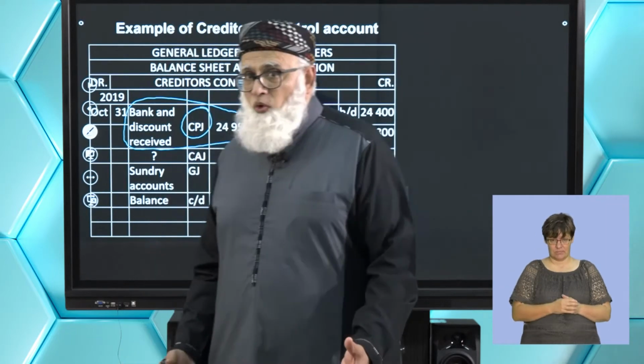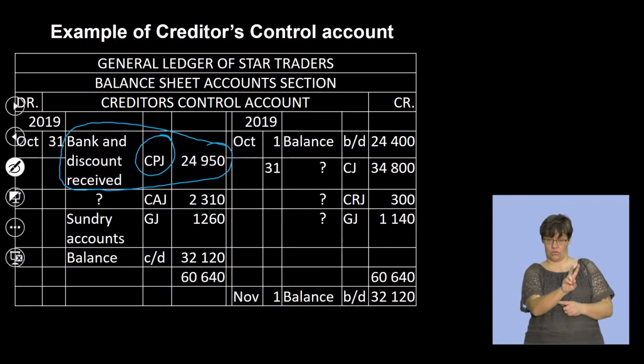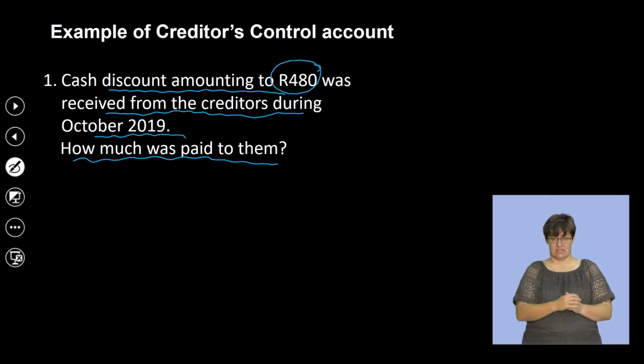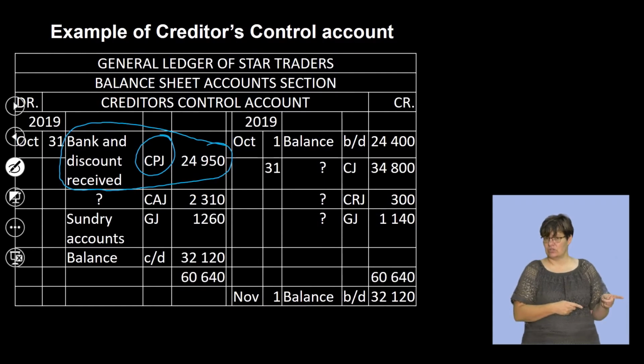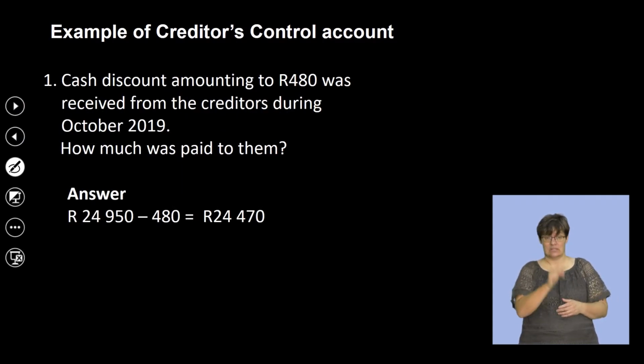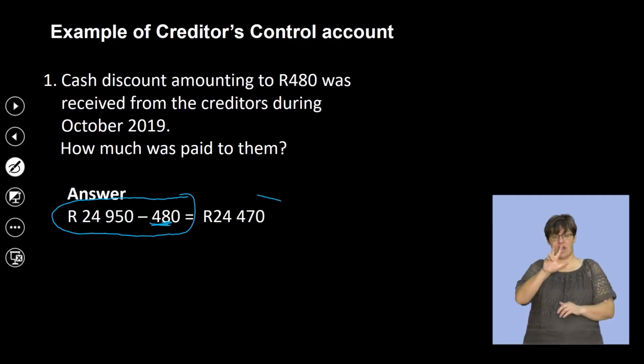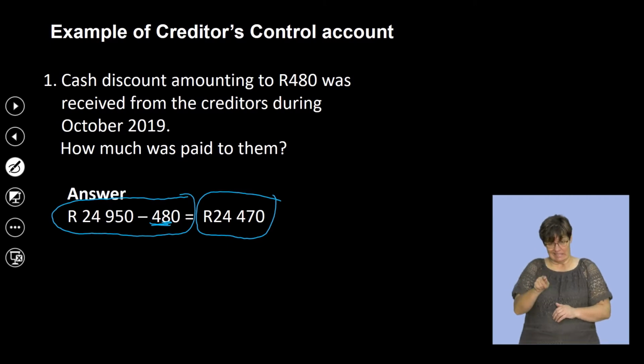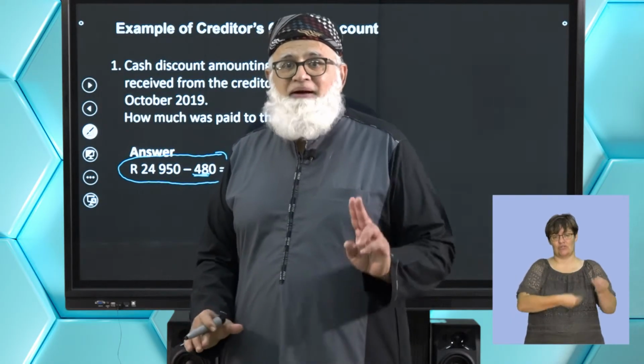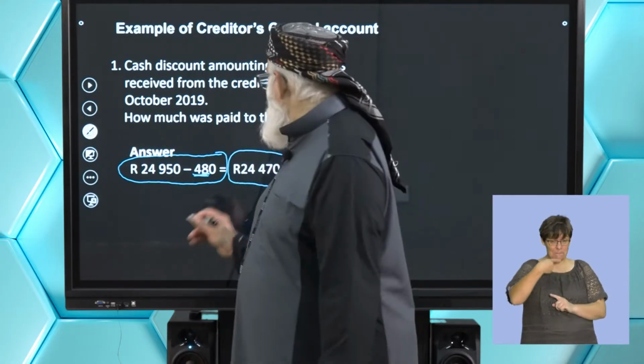So therefore now, if you look at this here, the total amount of the bank and the discount was 24,950. And my question was, how much was actually paid to them? Watch. 24,950 minus the 480 was your 24,470. So there were two transactions involved, but the amount that was actually paid to my creditors was